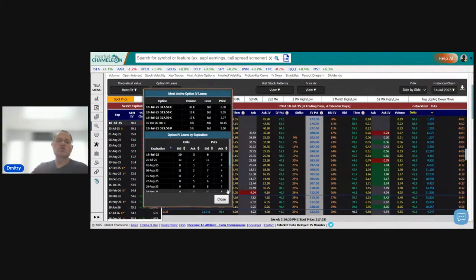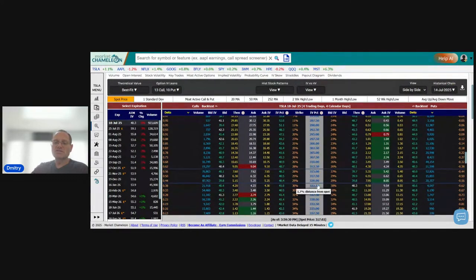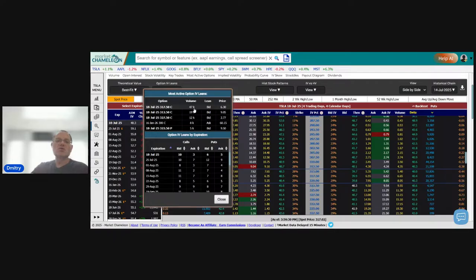Okay, so July 18th, 317.5 call. Here it is. So this is July 18th, 317.5 call. You see here we detected a bid lean, 40.2. Okay, and according to this, we detected that 47,000 contracts